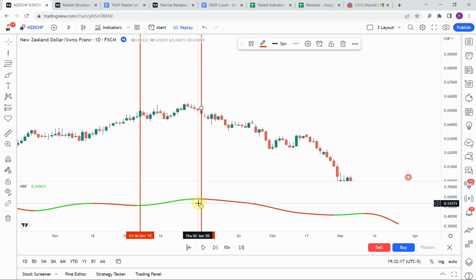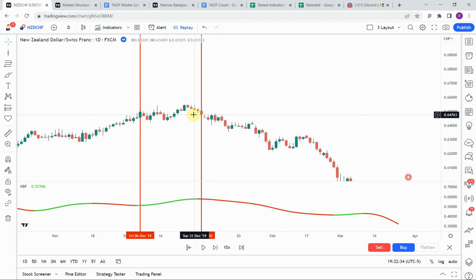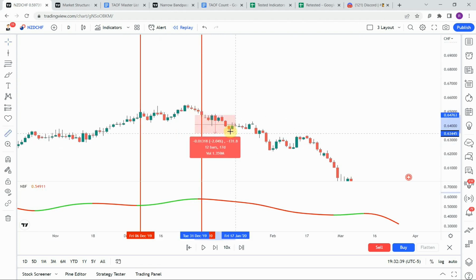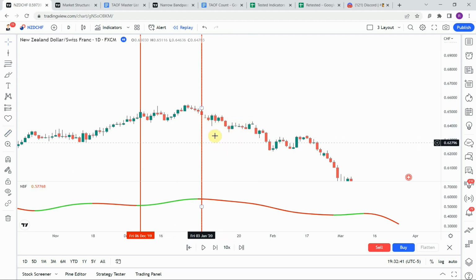And so keep in mind that when testing this, especially if you're not using the bar replay, it looks like you have got the switch right here, but looking at the coordinates right here, you can see that it's still green on that candle. It's not until we get to this candle that it then switches red. So that would be a signal to go short right there. And you can see that we get a really nice drop to the downside, which would have definitely got us